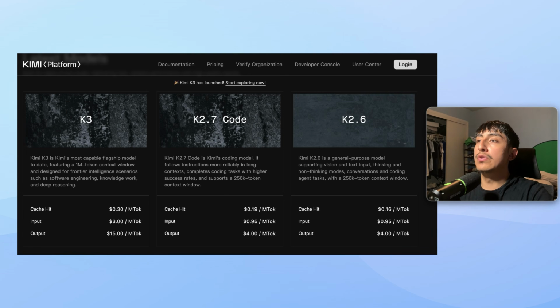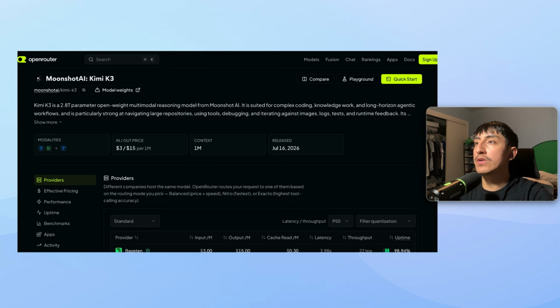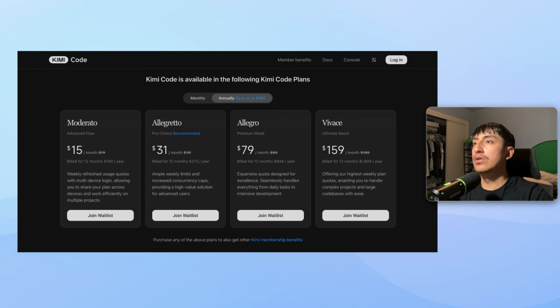There's actually another way you can use Kimi K3, and that's through the API. As of now, there is no free production tier, and the list price is $3 per million input, $15 per million output, with cache hits around 30 cents input on the direct API. And if we take a look at OpenRouter, it's the exact same $3 and $15, but there's no cached input tier. And like I already mentioned, the first tier is $180 per year, the second tier $372, fourth $948, and the last tier is